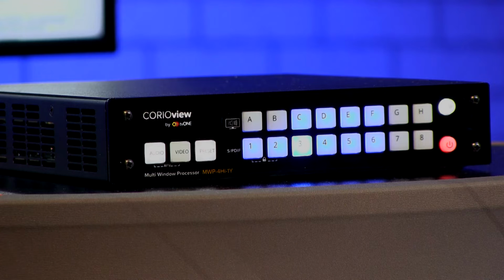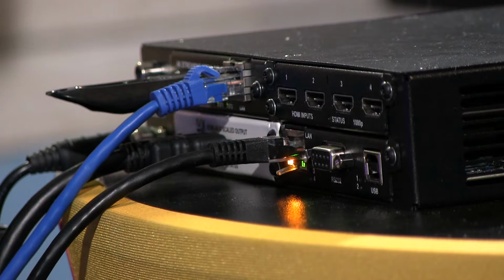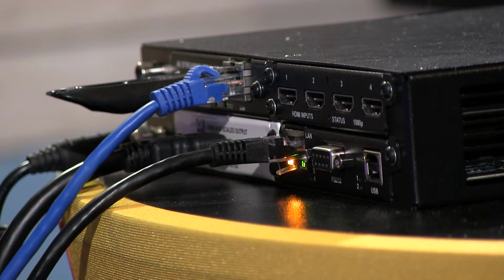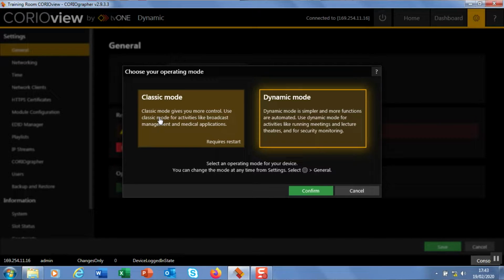In this short series of videos, we'll be looking at dynamic mode for CORIOview. Dynamic mode adds a whole bunch of new tools to this great little unit that has up to 8 inputs in half 1 RU. When you log in with CORIOgrapher software to your CORIOview, this is the first message you